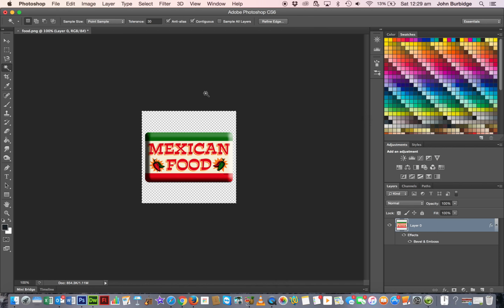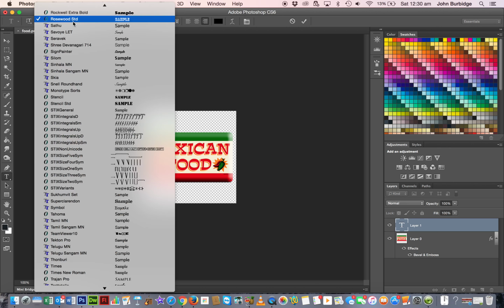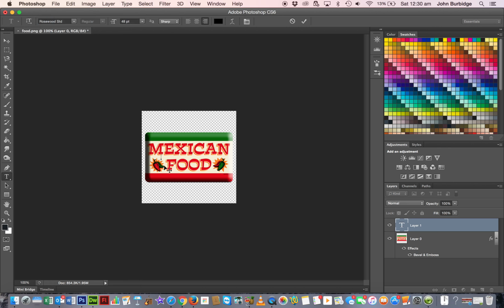The next thing I want to do, of course, is put some text over the top. So I'm going to go text, and I'm going to click that over the top, which has made a new text layer. We need to make sure we've got something that's Mexican-y looking, and I selected rosewood, which is all well and good. And I'm going to go, okay,